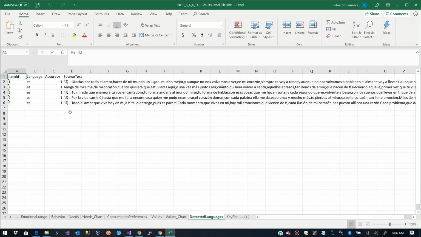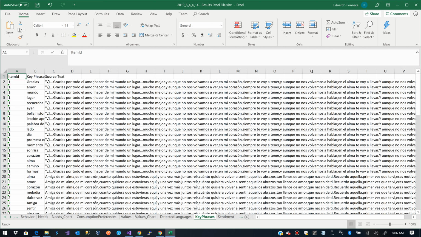We also see that it has the analysis of the detected languages. In this case, the original file has the text in Spanish. So it detected that all of these are in Spanish, and it has the accuracy of 100% for all of those. We also see the key phrases for each of the